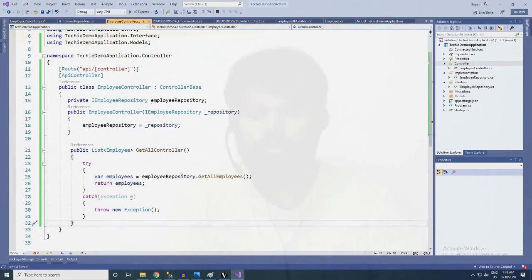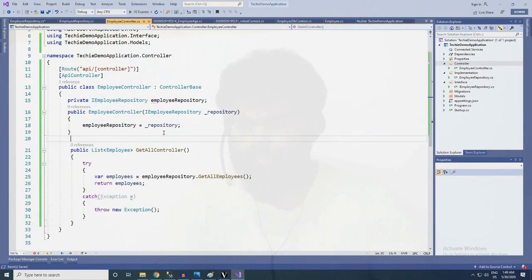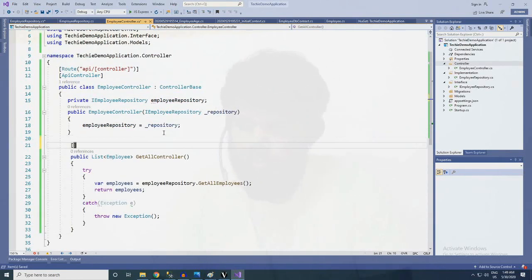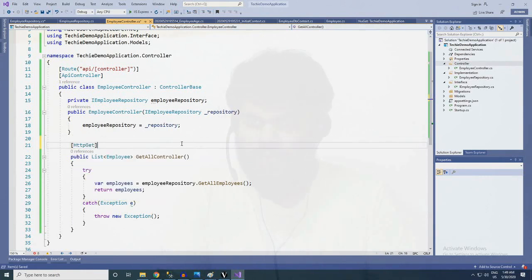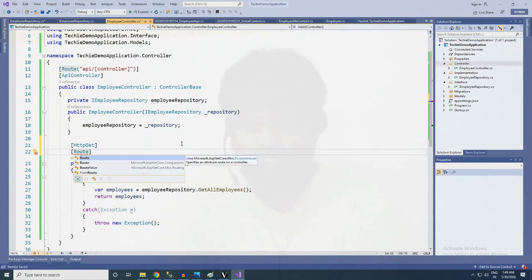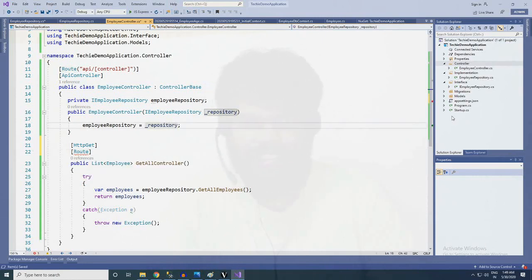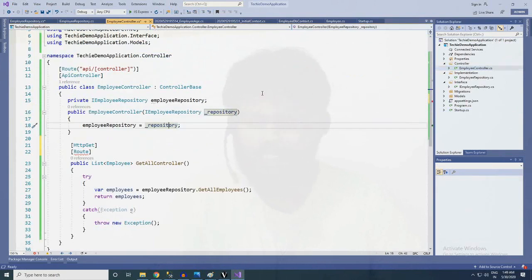Okay, in this stage, the controller will get, I forgot to mention this, as HTTP get, and we need to route this, which means we need to redirect this call to this method. Each and every call will be handled here, and it will be redirecting to this controller.